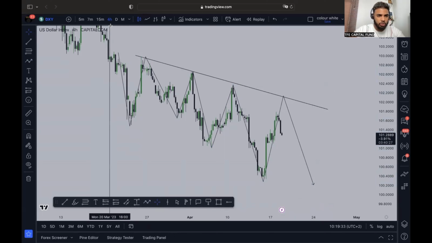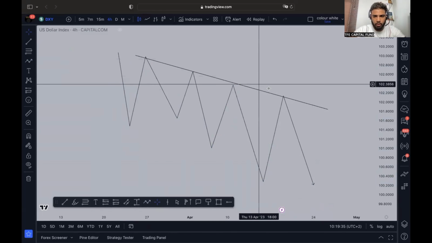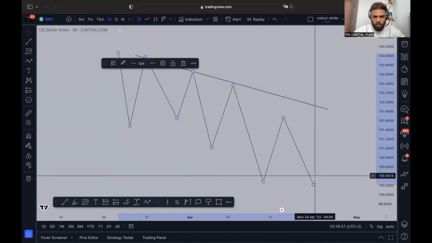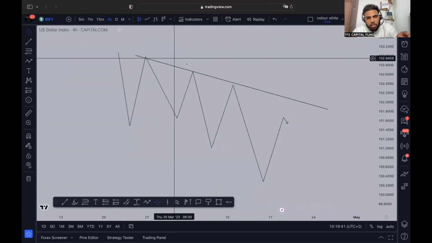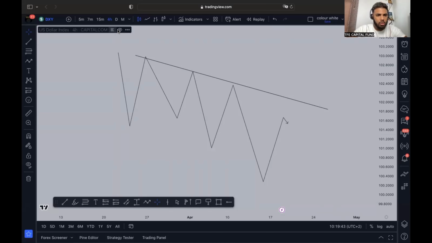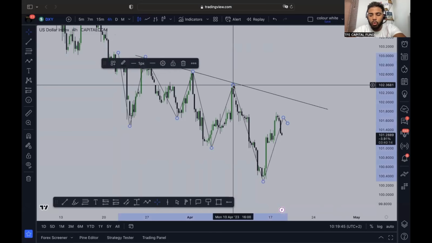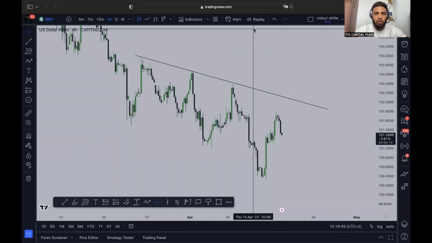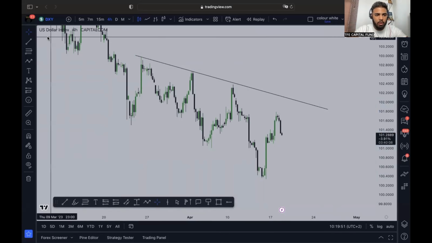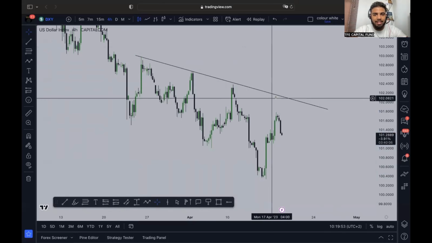If you can't see it, I'll show you what I'm talking about. This is what we're looking for. So right now, the market is currently there, right? You can see the trend is going down and down and down. The trend for this market, we call it a major trend because it's a high time frame. A trend from a high time frame is known as a major trend. So the major trend is down.